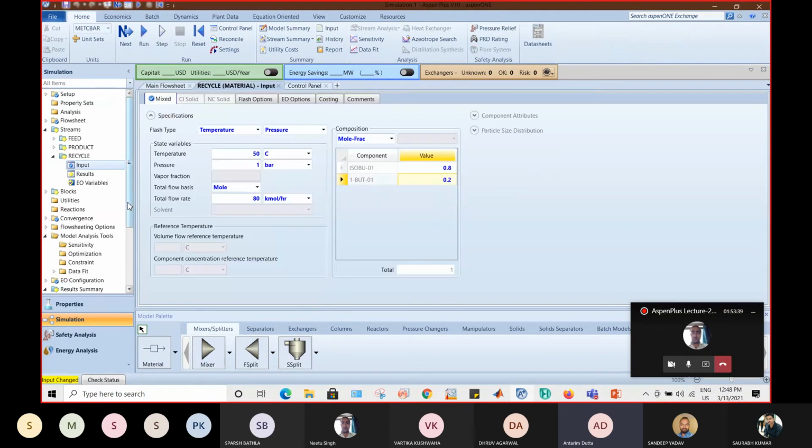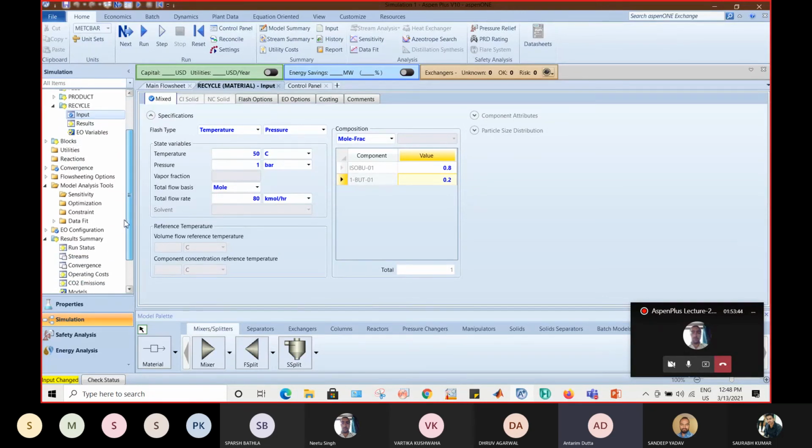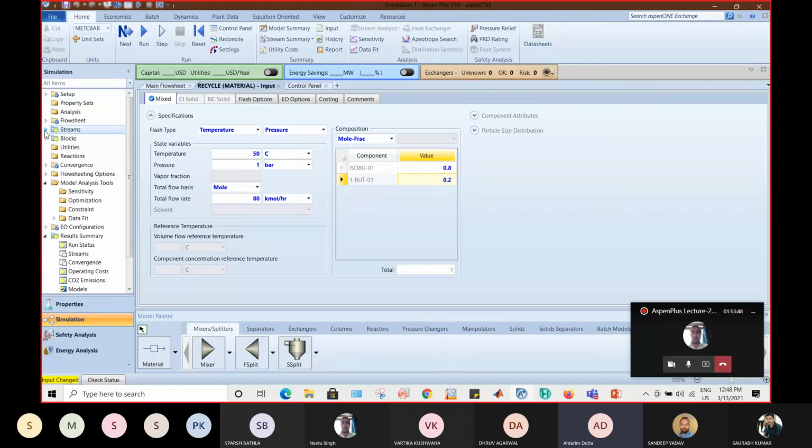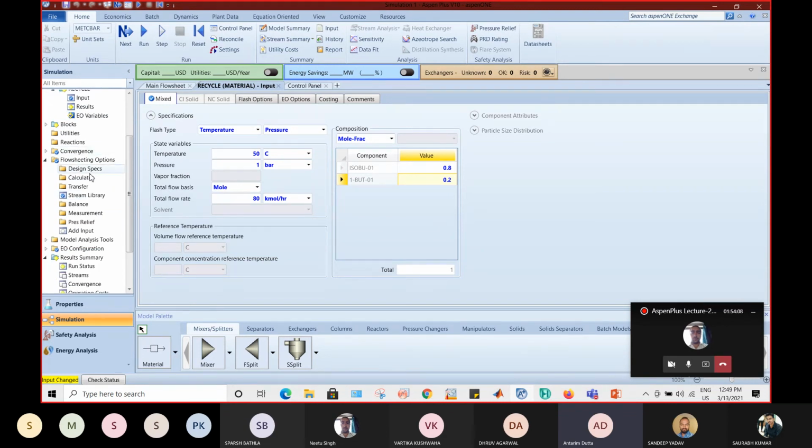So what I will do, I will delete this. I will say okay, delete, because I was unsatisfied. By performing this, I got an idea that in this range, it's a very narrow range, that is 33 to 34, the value of recycle stream flow rate should be in between these two, but still I don't have the exact value with me. So now I will go to design spec, and for selecting the design spec, we have to go to the flow sheeting option, as we did in the previous case.